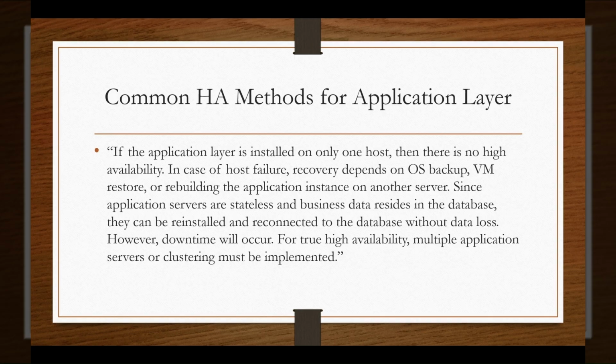However, downtime will occur. For true high availability scenarios, multiple application servers or clustering must be implemented. Okay, so as long as only the application layer is concerned, we generally have more than one host and that is the SAP recommended standard. But in case we have only one host and that too goes down, then we do not have any other option.